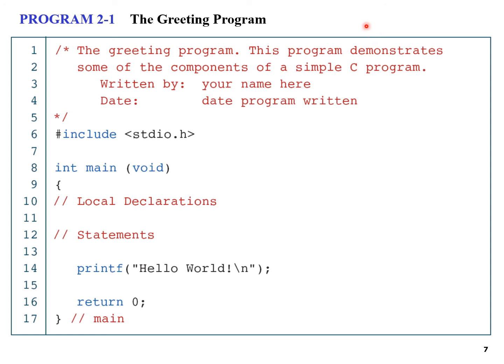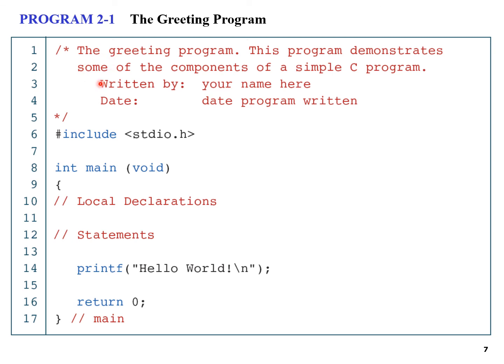Comments are especially important in large projects containing hundreds or thousands of lines of source code, or in projects in which many contributors are working on the source code.